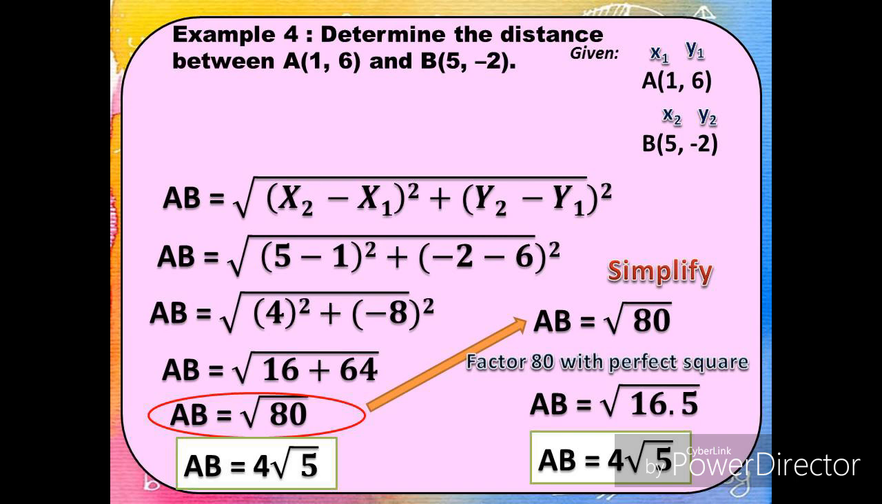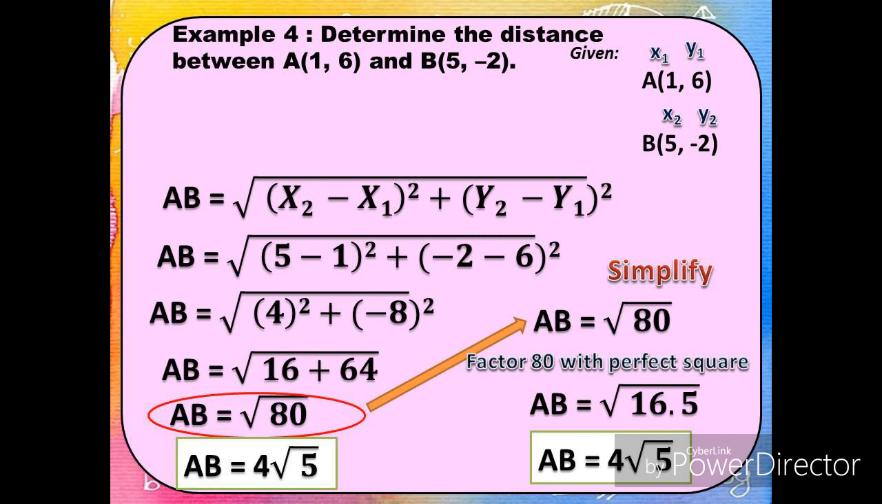So 1 is x sub 1, 6 is y sub 1, 5 is x sub 2, and negative 2 is y sub 2. Again, we're going to use the distance formula, then substitute the values. The distance between A and B is equal to the square root of the quantity of 5 minus 1 squared, plus the quantity of negative 2